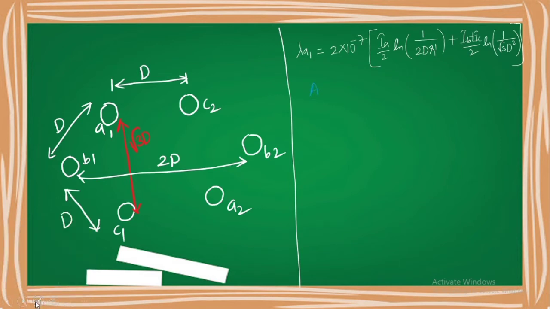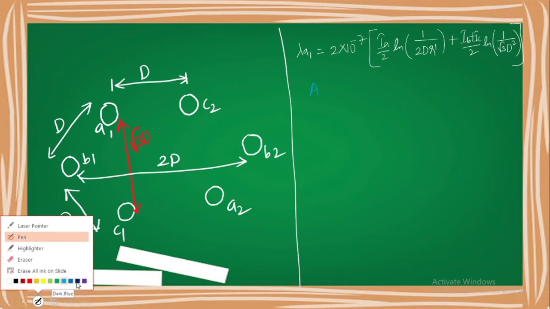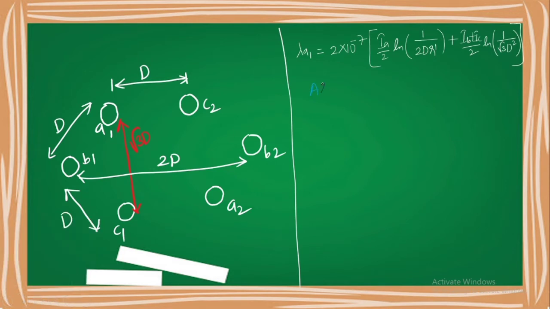Okay, so let me select. As the system is balanced, now IA plus IB plus IC, the sum of all the phase currents, is equal to 0. It indicates that IB plus IC is equal to minus IA.